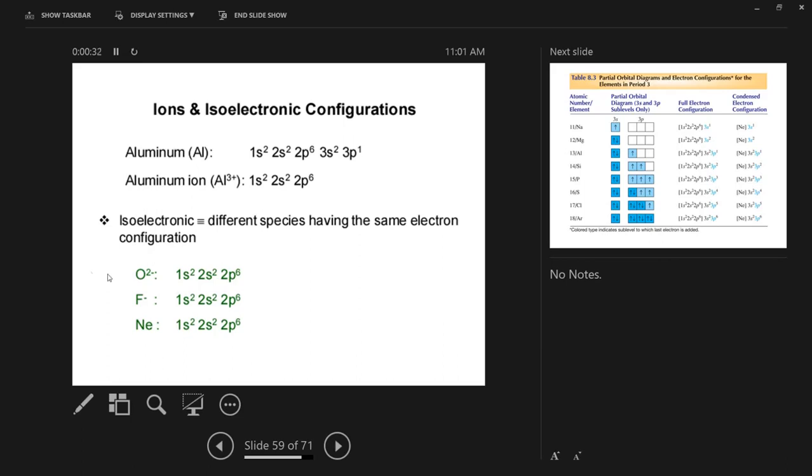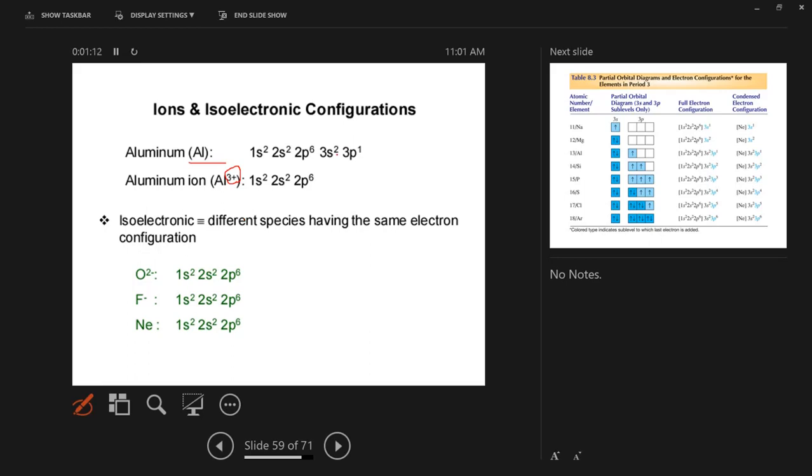Okay, we continue our class with ion and isoelectronic configuration. Here, if you have aluminium, this is the configuration for aluminium: 1s2, 2s2, 2p6, 3s2, 3p1. And for aluminium 3 plus, which is in positive charge,